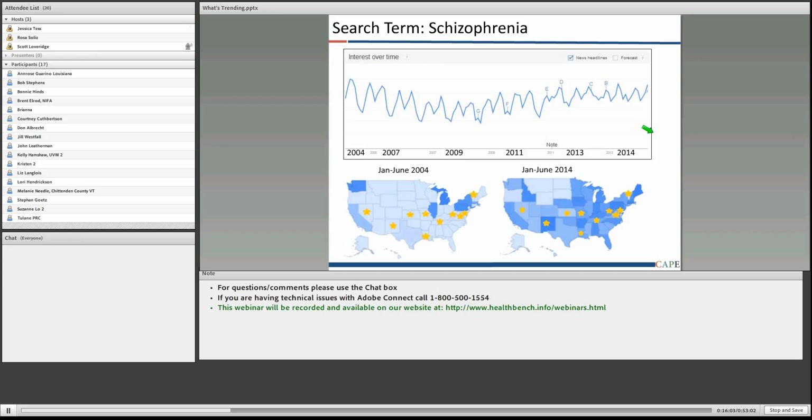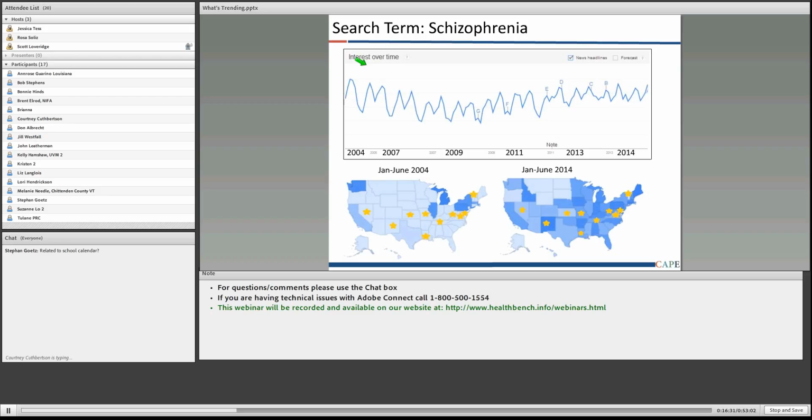A question for the group as well. It looks like there's some kind of seasonal thing going on with this annual up and down. Is it winter, or does anybody know if there is something seasonal that happens that causes this spike in schizophrenia? I don't think you necessarily know, Jessica, but